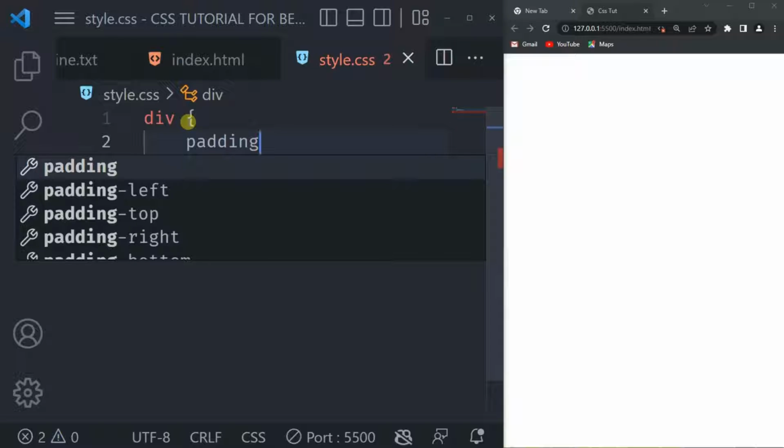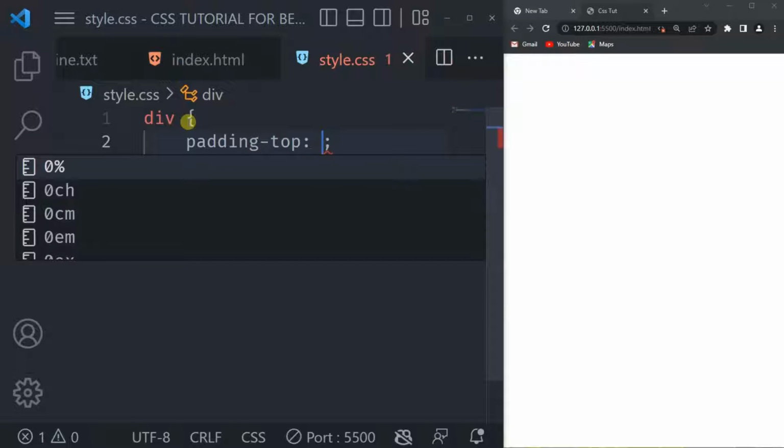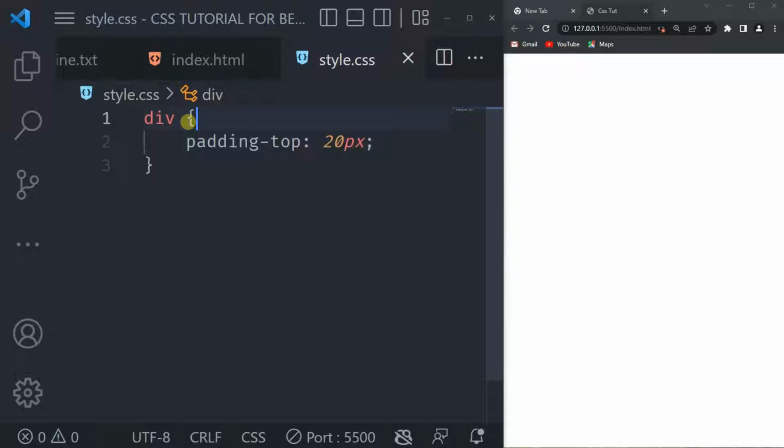But before you can add a padding, I want you to know that you have 4 parts you can add a padding to. You can add it to the top, the left, the right, and the bottom. And what padding does is adding padding to an HTML element creates space within or inside that element. So let's add the padding. Let's add a padding top to be 20 pixel,